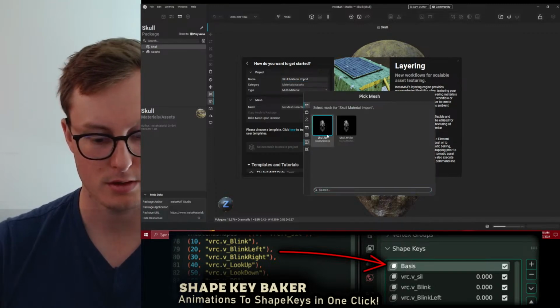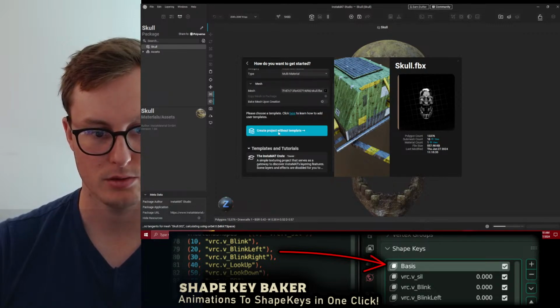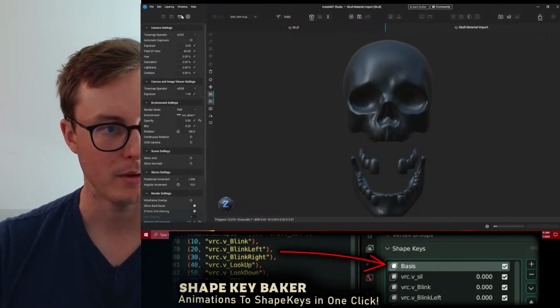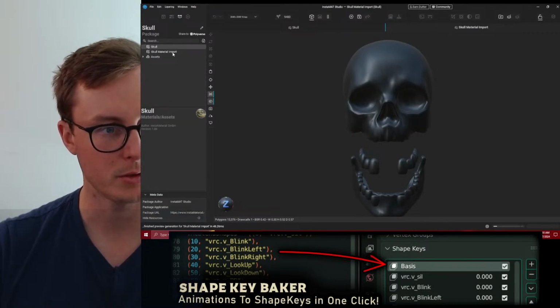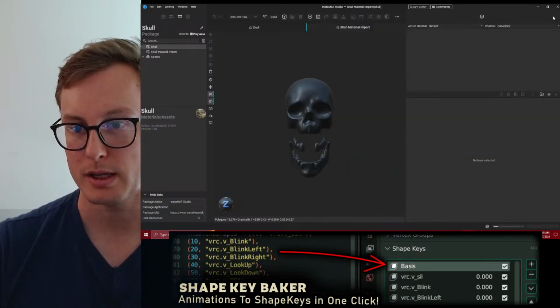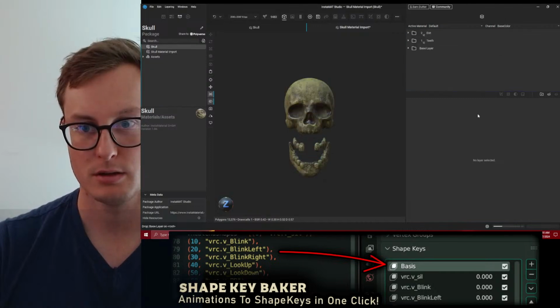Package resource skull. Create project without template. Now we have a new one. We have these two packages, skull material import and skull. But if I'm looking at this here, can I bring in my skull?